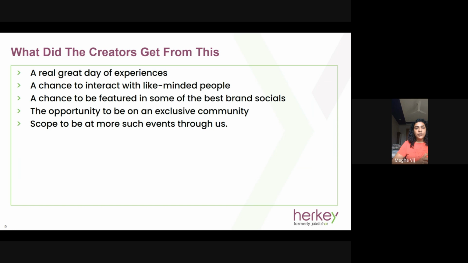But here they were coming together with their friends, having a blast, having a fantastic weekend, bonding with other women. A great day of real experiences with great brands, all products verified and known for being excellent. They were getting a chance to interact with like-minded people. That made their day even better. So you've got 40 moms who've come together, and 40 moms are talking about problems that every woman has faced, but thanks to Nua, they're making sushi and ramen. They're having a great time bonding with each other. They're applying lipstick. So that was also a great takeaway from this, because a lot of people ended up becoming friends with each other through our event.